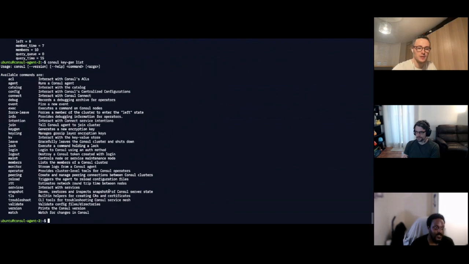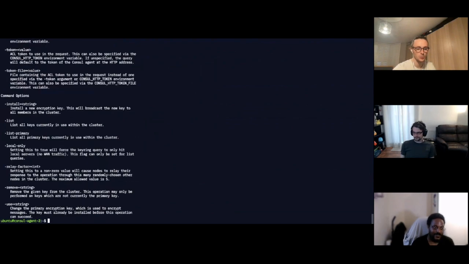Don't judge me. Keygen keyring list. Oh yeah, keyring. Yeah, no, but keygen is actually a thing as well. But you hyphenated it. It still would have failed. Oh really? It's supposed to be keyring. Yeah, look at the keys in the ring, because this will probably just return one